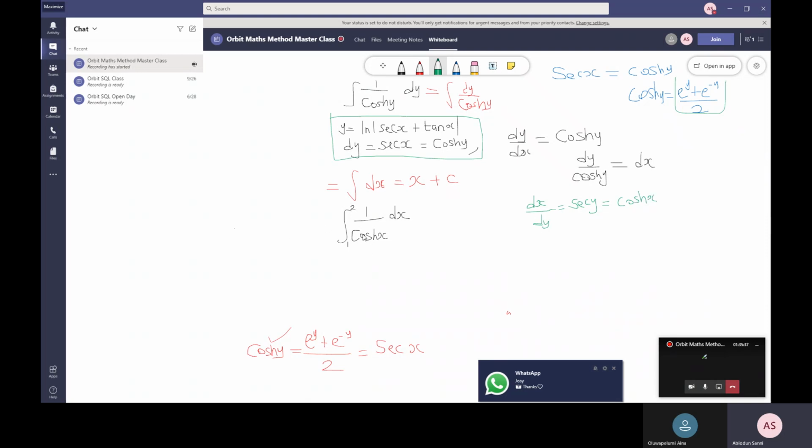So in this case, instead of me integrating 1 over cos x dx, I will have the integral from 1 to 2 of dy. Now your interval here is going to change, because this interval is for x. So you are going to convert your interval to y. How does your x link to y? Don't forget, you are changing everything that relates to y here to x, and everything that relates to x here to your y.